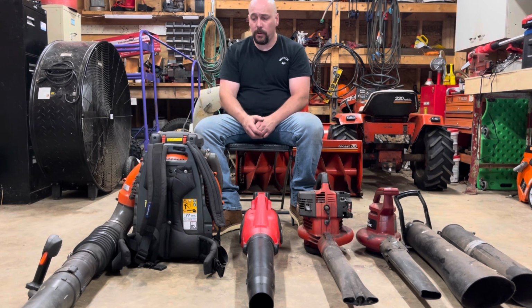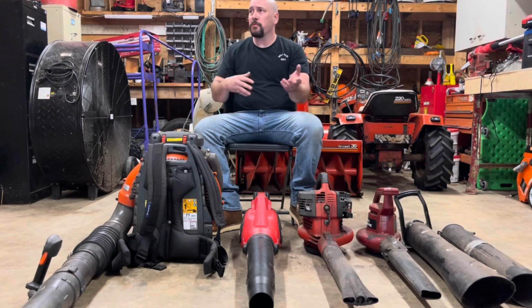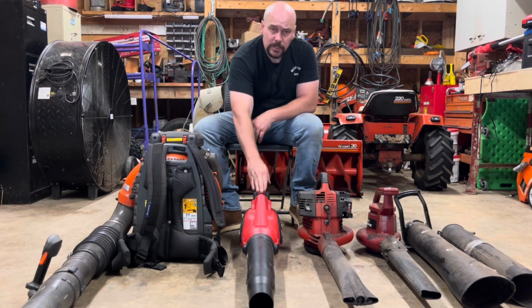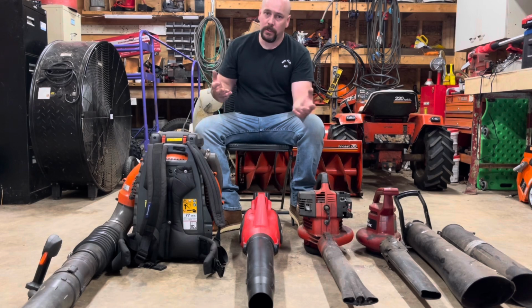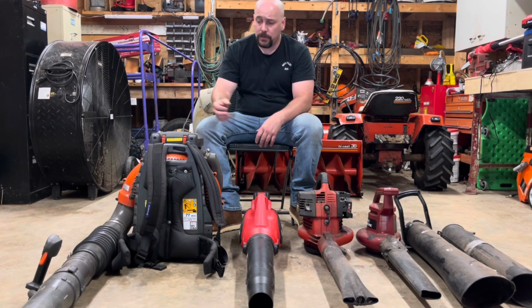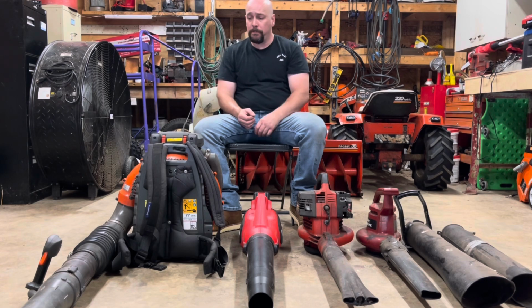Going through the nozzle over 200 miles an hour, maybe 210, 220. So when I bought this it was $500, $525, something like that. Now I think they're more like $650, maybe even $700. But this is $49.99. So for $50, that's a tool only. Granted, you have to have a battery already or buy a battery when you buy it. But for $49 versus $650, if you don't own a big property, you might not want a big backpack blower